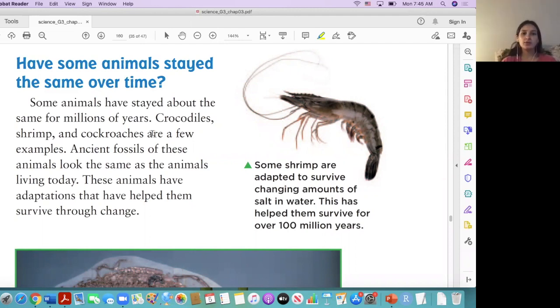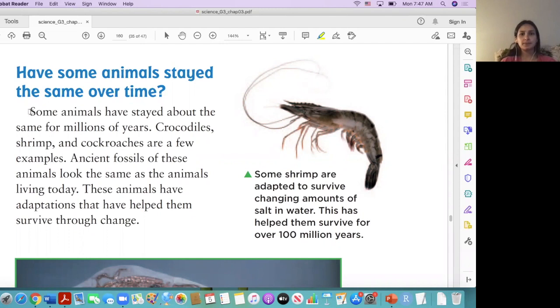So some animals have stayed about the same for millions of years. Can you believe that? Have some animals stayed the same over time? Some animals have stayed about the same for millions of years. Crocodiles and shrimp are a few examples. Excellent fossils of these animals look the same as animals that live today. These animals have